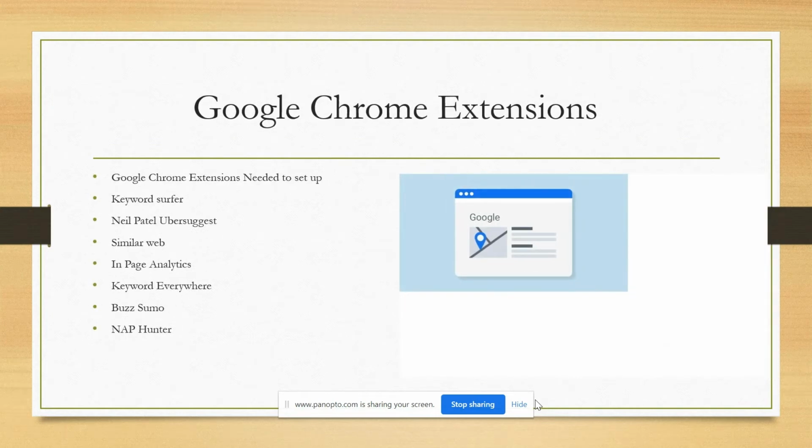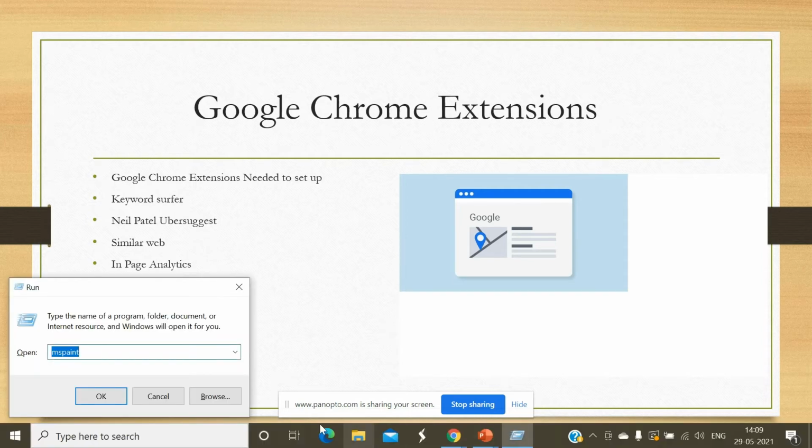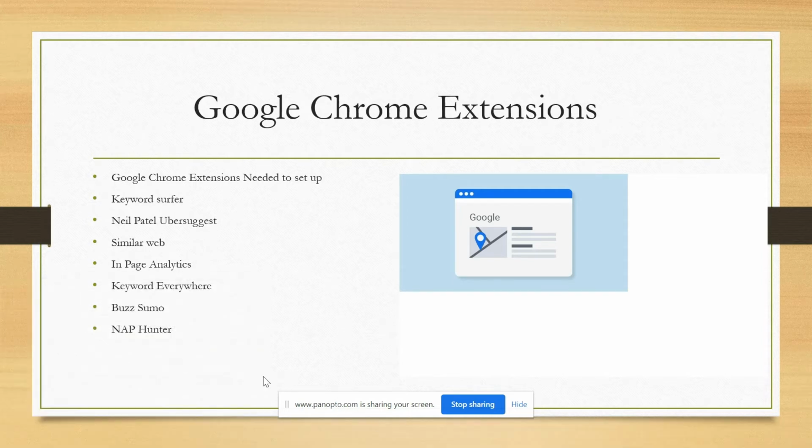Now, which are the most important Google Chrome extensions you have to set up? First is Keyword Surfer, then Neil Patel Ubersuggest, SimilarWeb, In-Page Analytics, Keyword Everywhere, BuzzSumo, and Map Hunter. I'll show you these extensions which you need to set up on your machine.